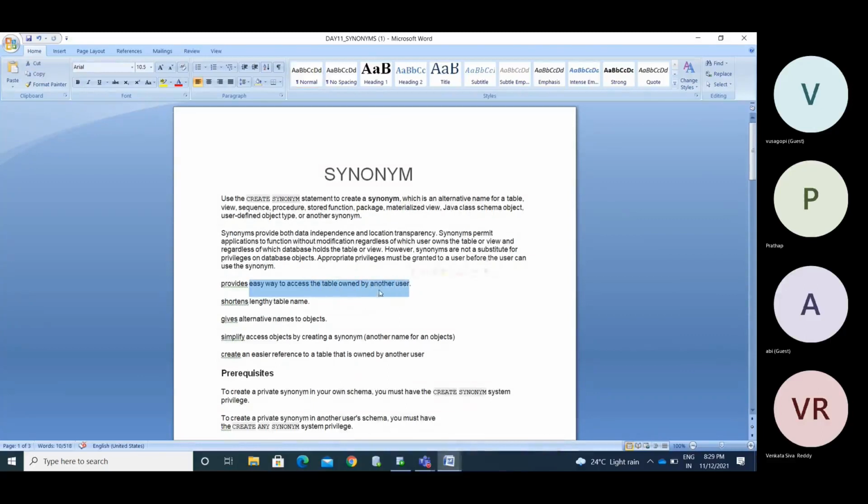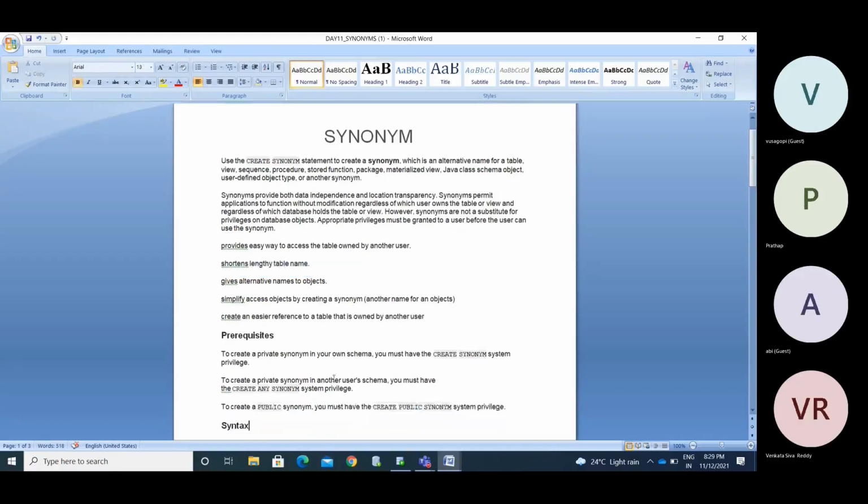I will show you another user's object. It also helps with short and lengthy table names: we can shorten the table names to small letters with fewer characters. It gives alternative names to the objects, simplifies access by creating a synonym with another name, and creates an easier reference to a table owned by another user. Everything is the same.